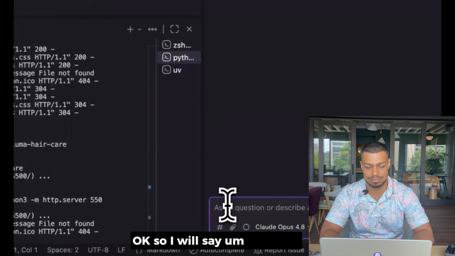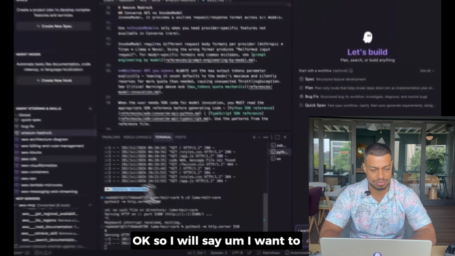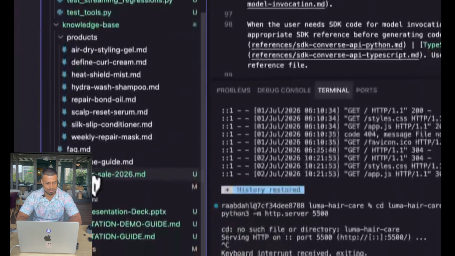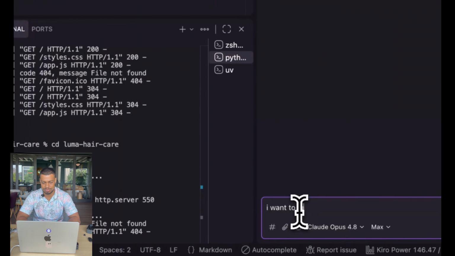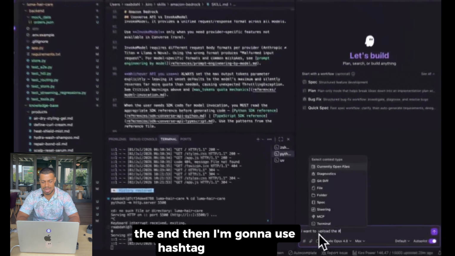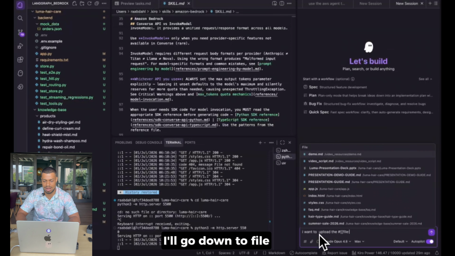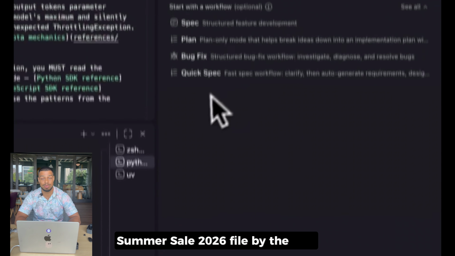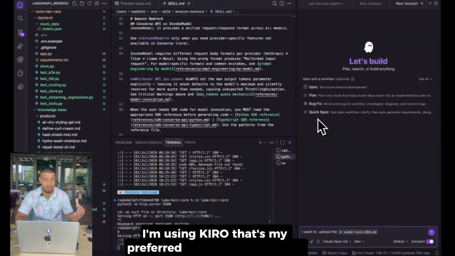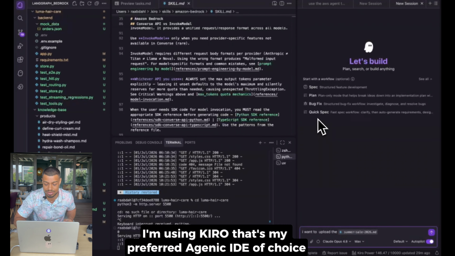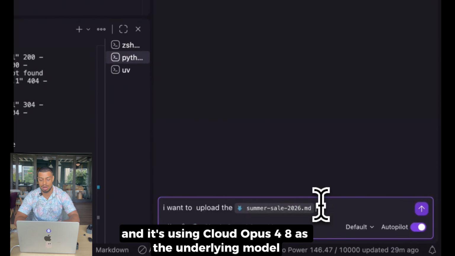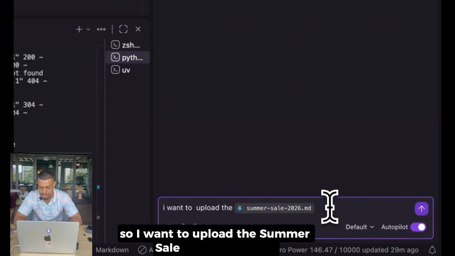So I will say, I want to upload, and then I'm going to use hashtag to tag a file. I'll go down to file, summer sale 2026 file. By the way, I'm using Kiro. That's my preferred agentic IDE of choice, and it's using Claude Opus 4.8 as the underlying model. So I want to upload the summer sale 2026 doc to my